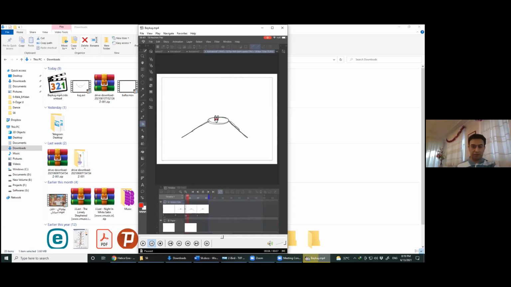Here they come up, but in the next frame, they go down again. They go slightly down, and it's not good.